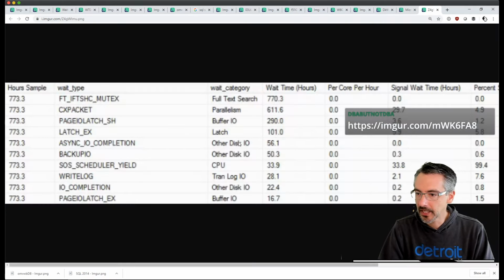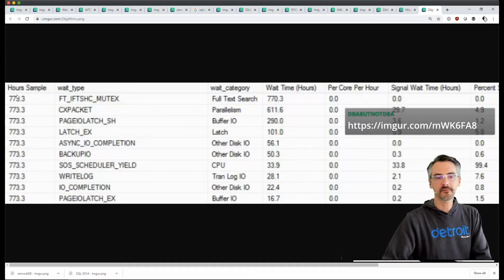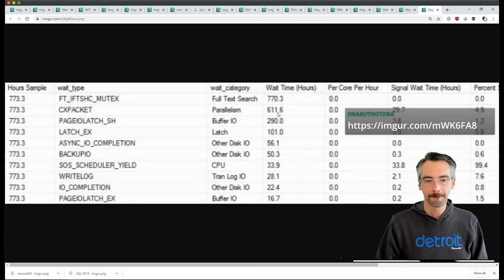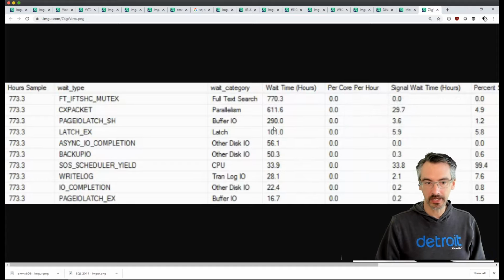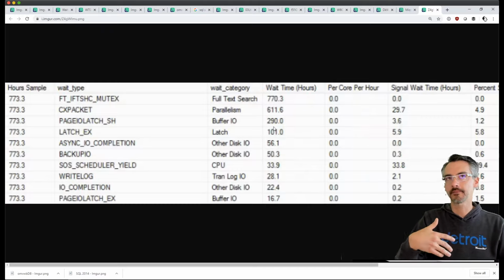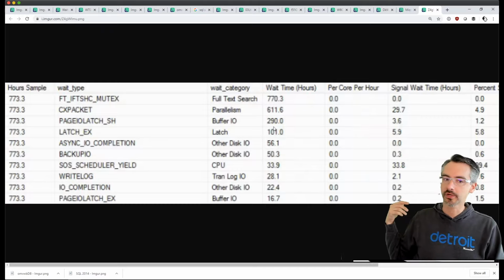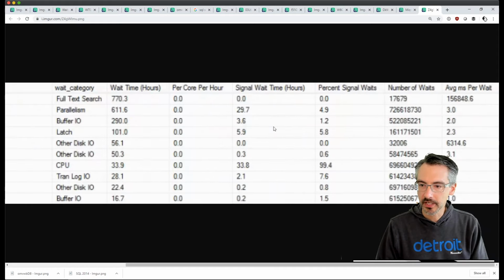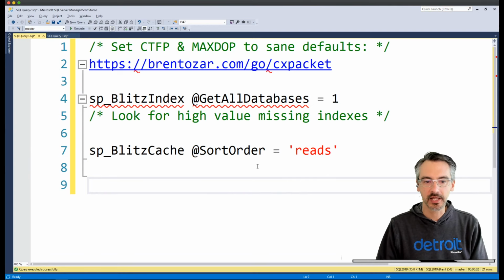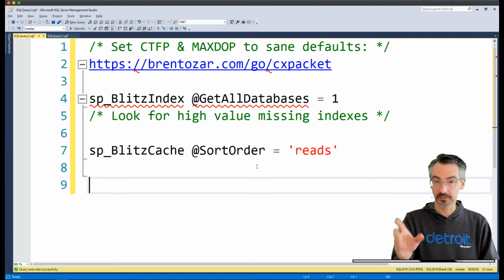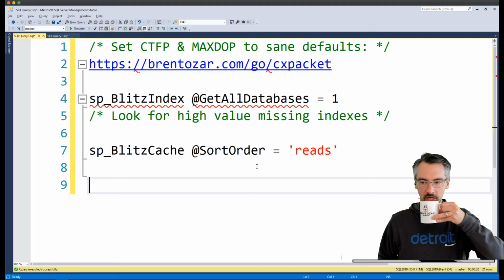So J Patella, yours, the server's been up for about 700 hours. The top one's ignorable in this case. Your 1, 2, 3 combo indicates that you're on either an unpatched version of SQL Server, or like an unpatched 2016, or a 2014 and older. Let me look at one other thing. Yeah, everything that I just said in the last round applies exactly to you as well, J. It's a mirror exact copy there. That's where you go get started next.